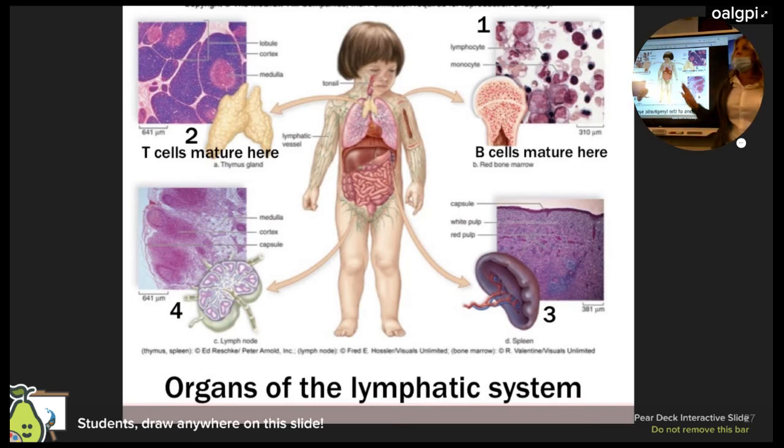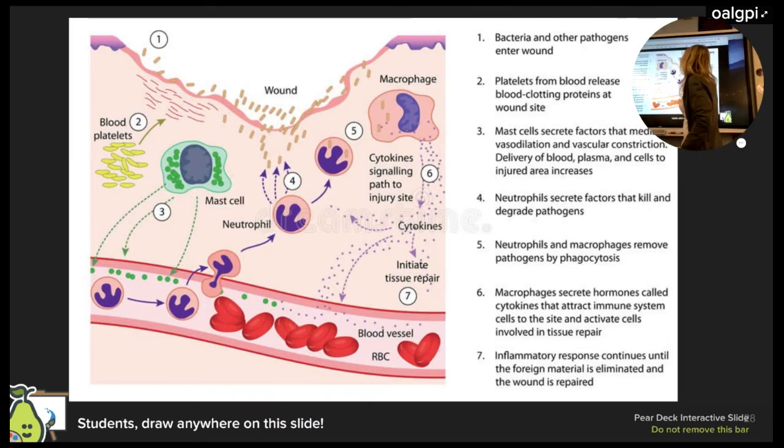Lymph node, we already said, filters lymph. Spleen filters your blood. Okay? When you have an injury, you will have a wound. You're enacting your innate immune response, usually, right? What you're born with. And for all of us, that is the same, right? You have a cut, you're going to bleed, you're going to send platelets. We already talked about positive feedback in order to build up those platelets.